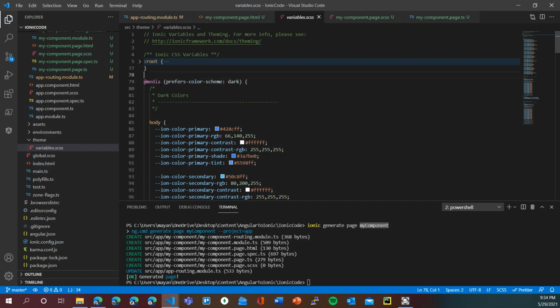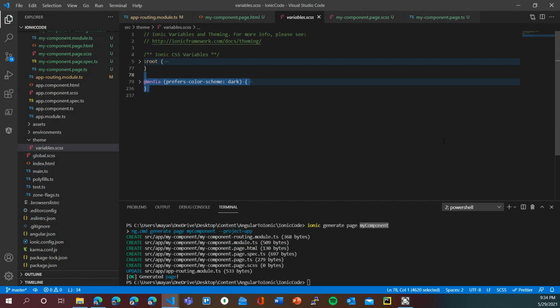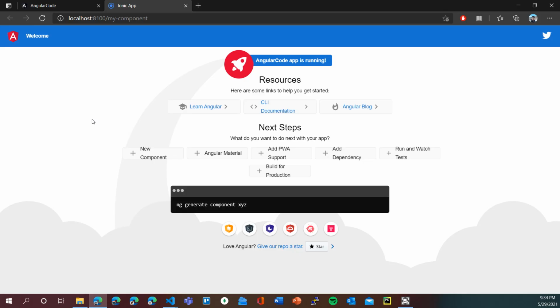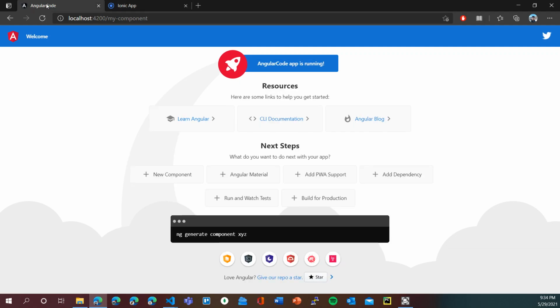So I use the dark scheme, but if you do not want to design your web page for two different kinds of screen, you can just remove this code. So I've removed the media query prefers dark scheme, and let's reload the Ionic app. Now you can see that the background is white. So this means that our code has been converted from Angular to Ionic.